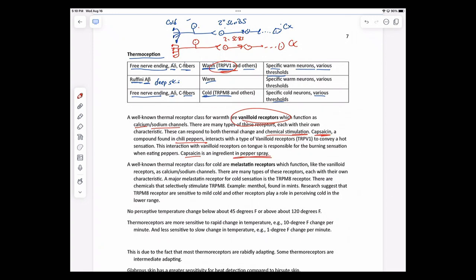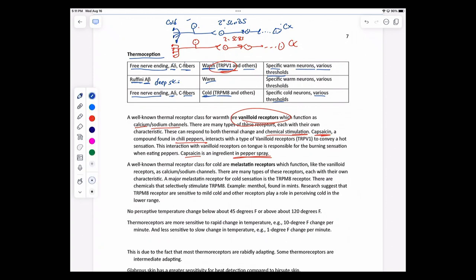So if you spray somebody with pepper spray, their eyes are going to be feeling very warm to the point of pain. Now, I'm going to talk about pain in a later lecture, so I'm not going to go into pain right now. But what I'm saying is that one of the characteristics of the TRPV1s is they not only can respond to temperature change, but they can also respond to chemical change as well.